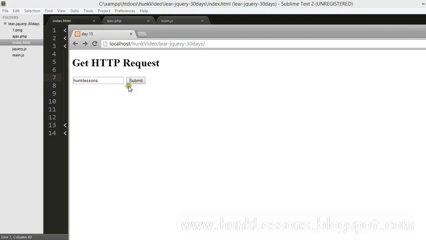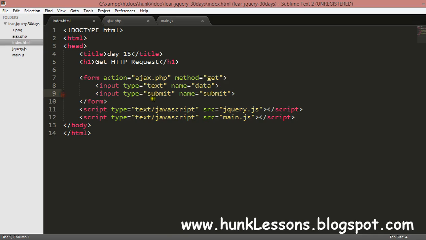But if you want your website to look dynamic and new, like 21st century, you should prevent your page from reloading. For this we will use Ajax, and we will send a request to the server, and the response will be displayed here below the content. For this I will do nothing, it's not necessary to change the form.